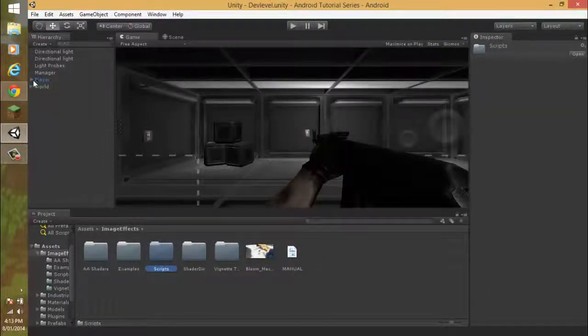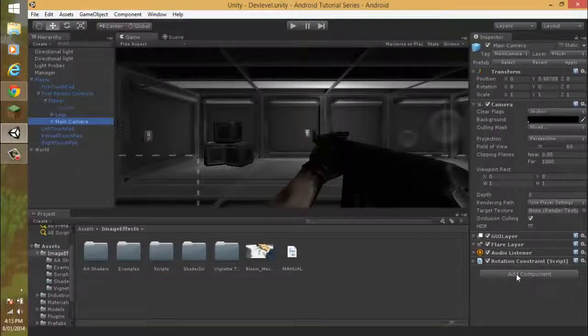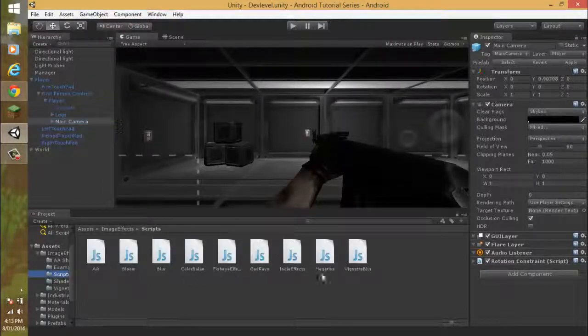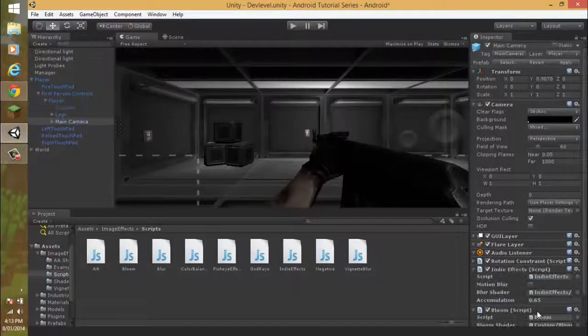So what we're going to want to do is go to our player, first person controller, back into player, and click on the main camera. This is where we're going to store all of our image effects. First off, the most basic type of image effect is bloom. So you're just going to want to drag it on,